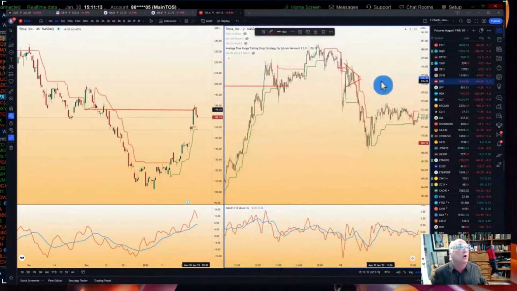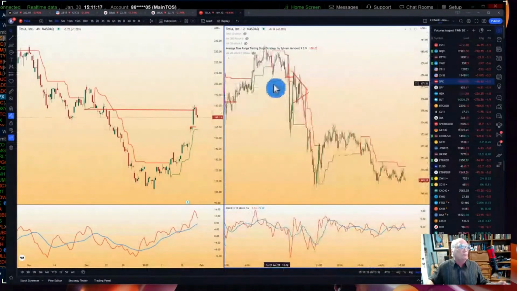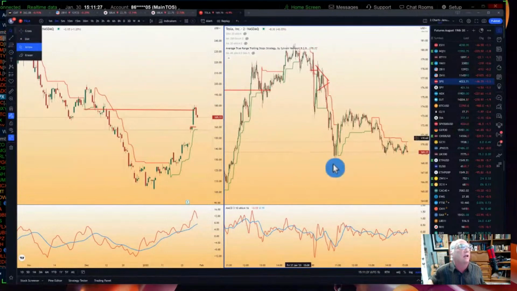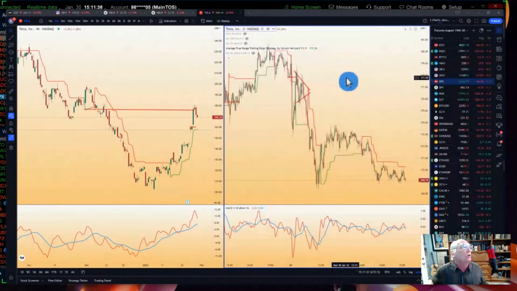So I'm still going to try to play Tesla. I mean, that sure looks like a bear flag now. How would you play Tesla at the end of the day? Well, you probably shorted in here and you have a stop here, but it's getting a little near the end of the day. There. So I'm still short. Tiny Tesla. I bought, so we shorted again. We shorted right here. Right there.